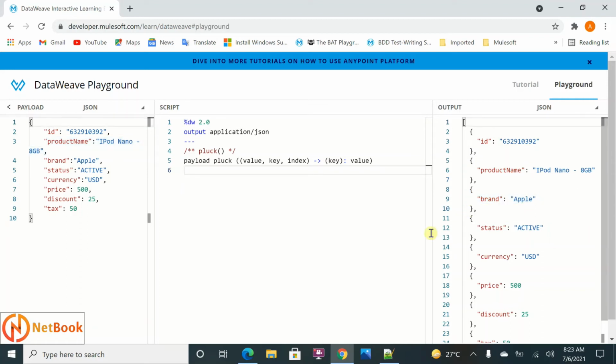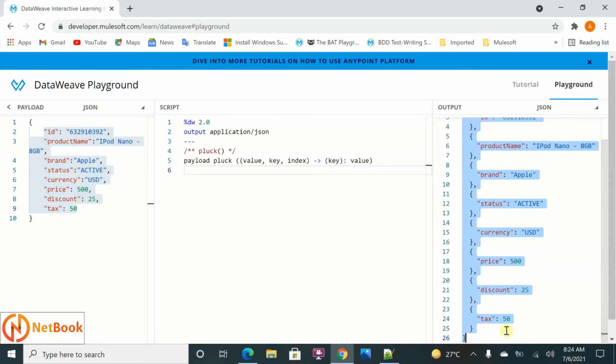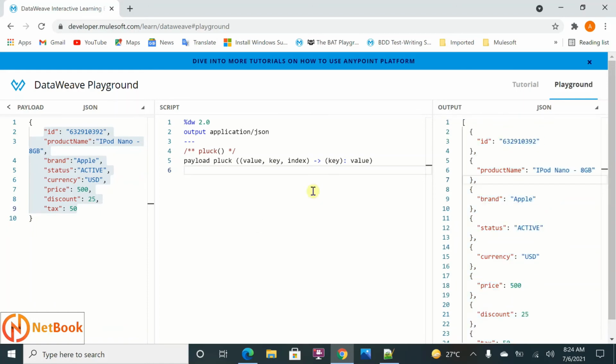That means pluck works as kind of a group by. Each key-value pair is stored over here. However many key-value pairs you have, that many element objects are going to be created over here. So it is kind of a group by. You can see this is producing the array over here. That is how pluck is going to work.